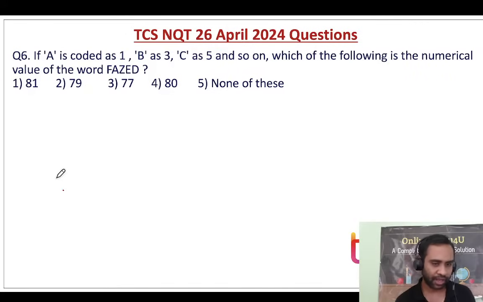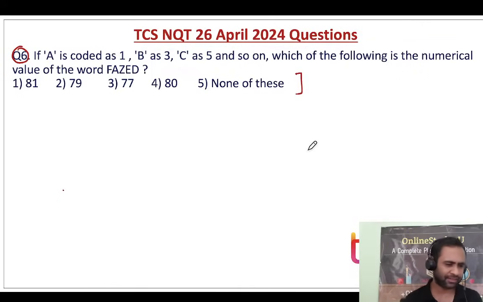Very good. Now, next question. So in coding decoding, I came to know that there were questions like, A is coded as 1, B is coded as something. So like this, similar kind of questions was asked. So this is again not exactly the same problem. Okay. So be very clear with that. I don't want to tell you wrong information. Okay. Fine.